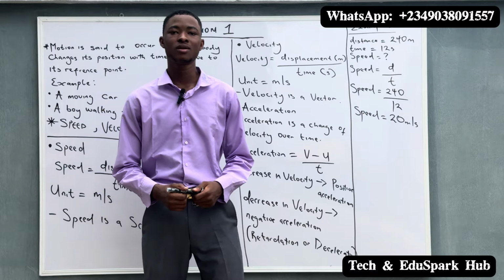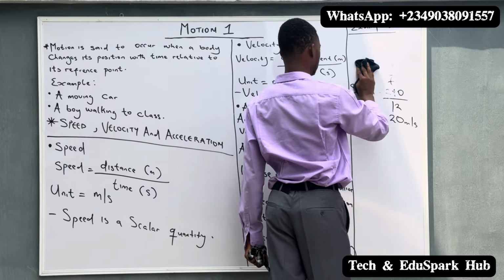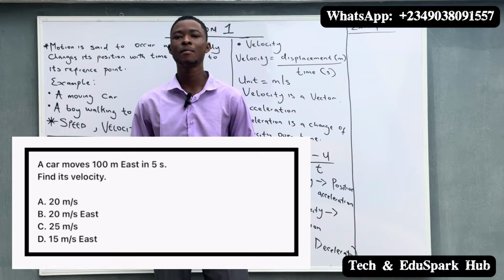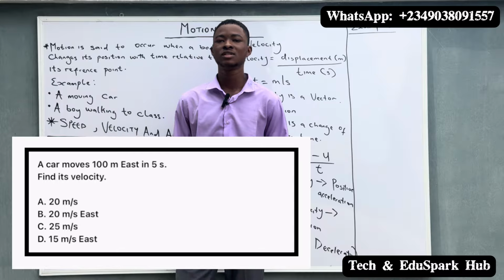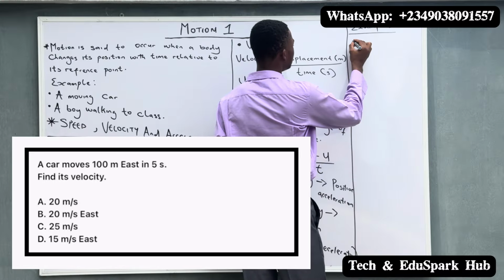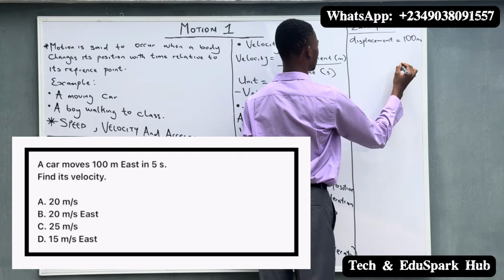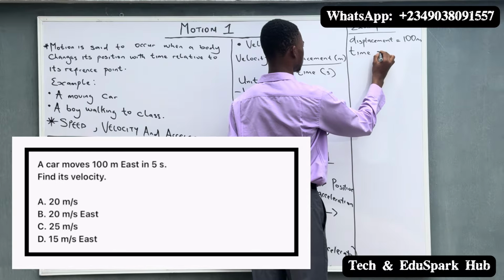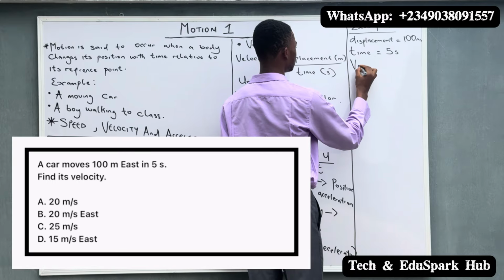So let's look at another example still under speed, velocity, and acceleration. So the second example, as displayed on the screen, says that a car moves 100 meters east in 5 seconds. Find its velocity. So in this kind of question, as usual, we have to write the given parameters. In this case, the displacement is equal to 100 meters and the time is equal to 5 seconds. So the question is asking us to find the velocity,